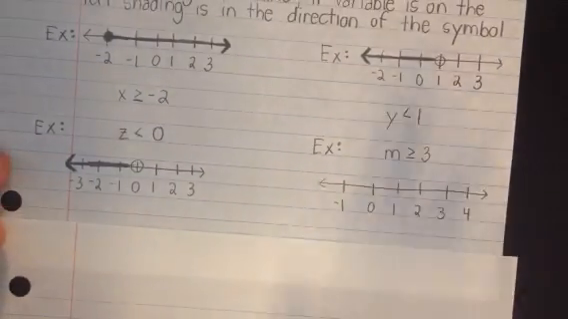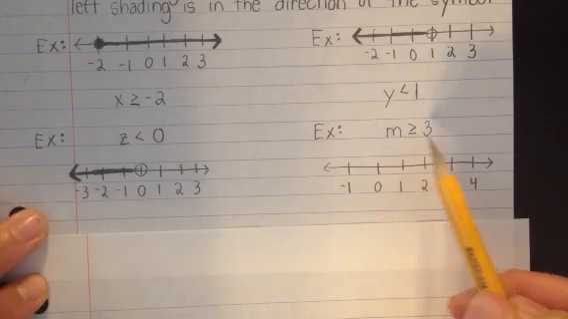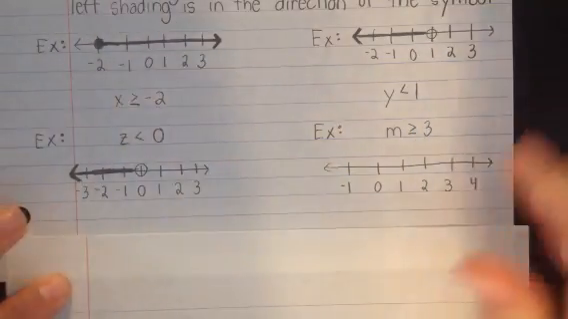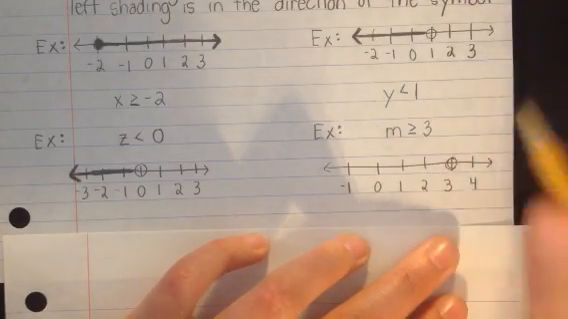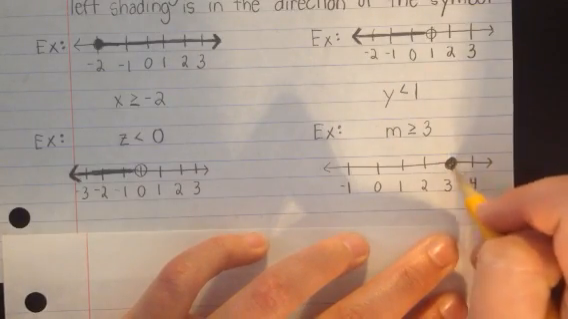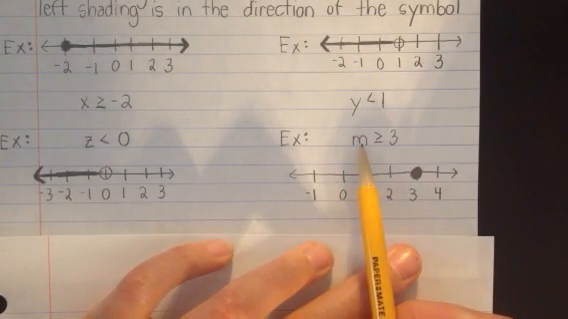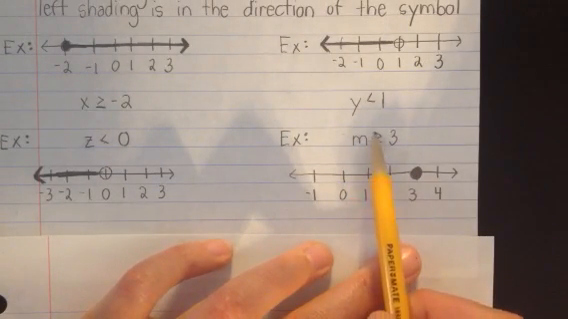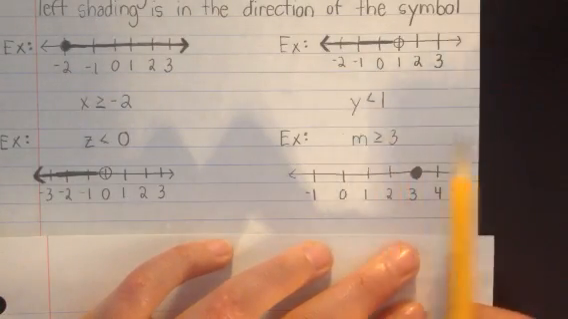All right, let's look at this next example. We've got m is greater than or equal to 3. So I know I'm going to draw my circle over 3. And in this case, since I have the line underneath, I know I'm going to shade. And since my variable is on the left, I know that I shade in the direction that my symbol is pointing, so that's pointing to the right,